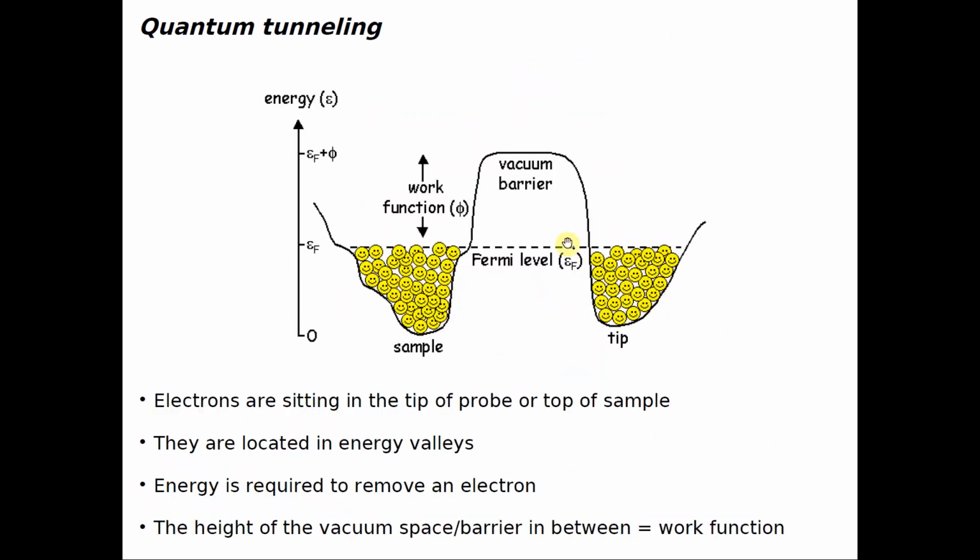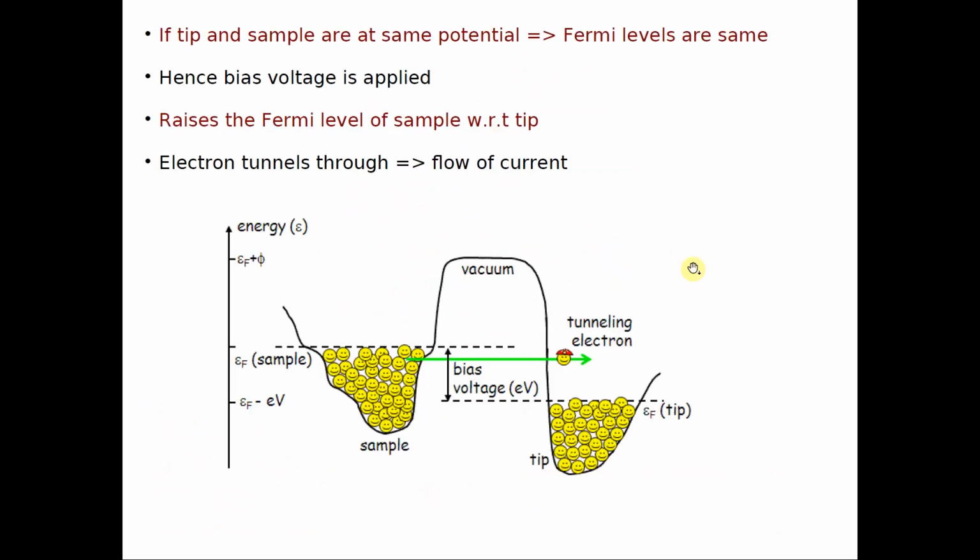Now let's go back to that case. Just think of this: these electrons, these funny looking smileys here, these lovely electrons, are going to move from the sample, tunnel as waves and reach towards the tip. But you can see that at the tip there are already electrons existing, right? So where do these new ones go and exist? They cannot obviously come and take the position of the previous ones. You cannot have many electrons in a particular energy state. Why? That is forbidden by the Pauli exclusion principle, right?